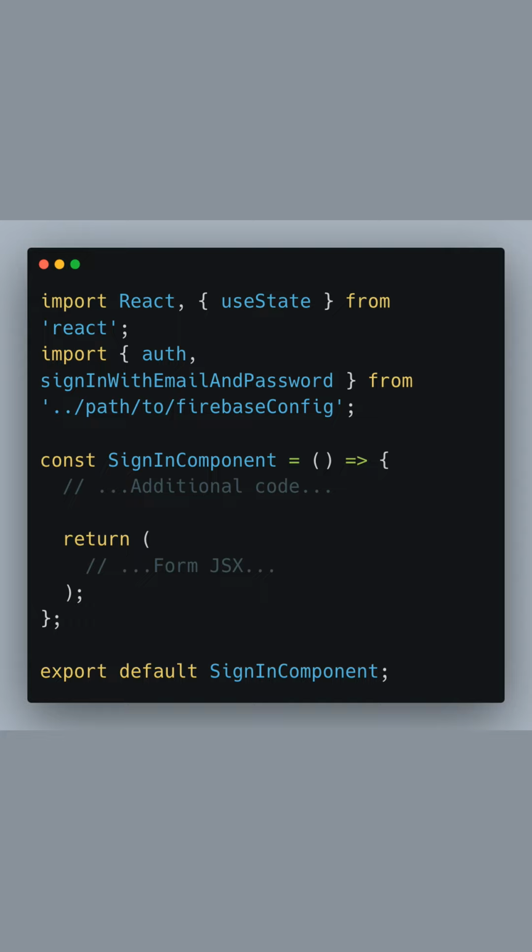Use React's useState hook to manage the input state for email and password. Import both auth and signInWithEmailAndPassword from our Firebase config file. In the sign-in component, we create two pieces of state, email and password, using useState, and set their initial values